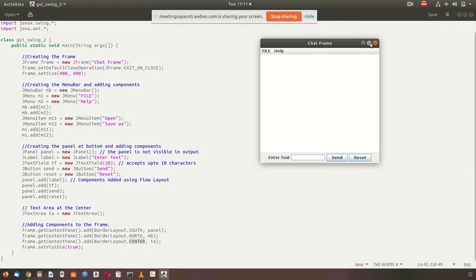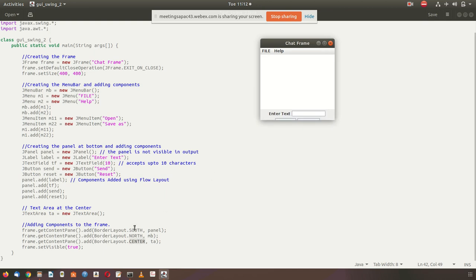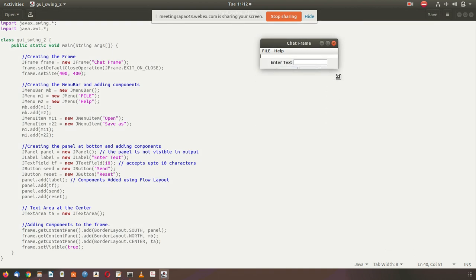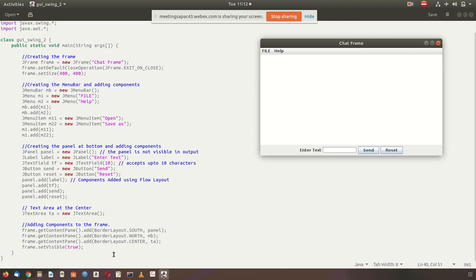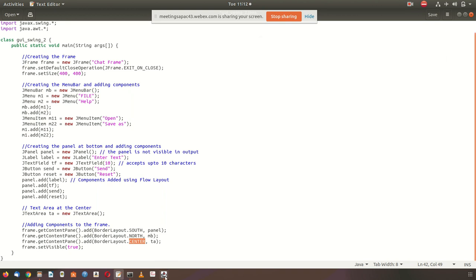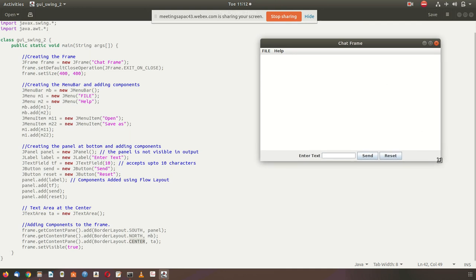So now whatever the size of the frame, if you modify the size of the frame, you see here that these things are moving along with the frame, because it is given as south. So it is adjustable. And the text area is also given as center, so whatever the size of this particular frame, the center part will be given to the text area.